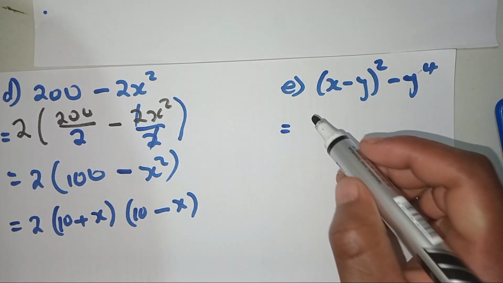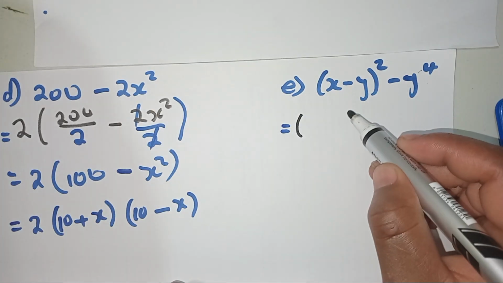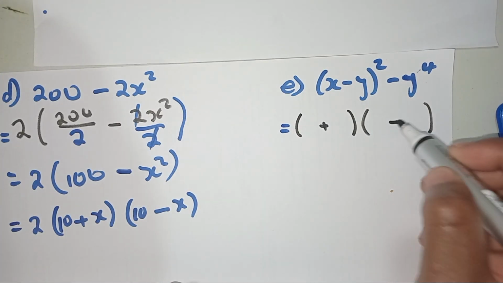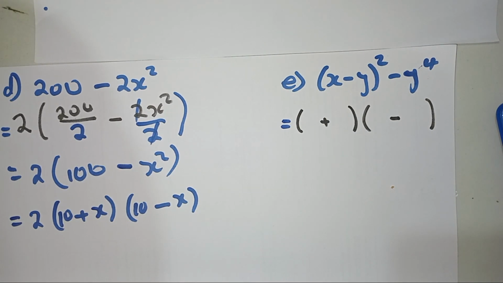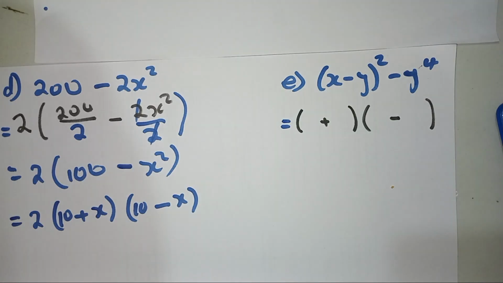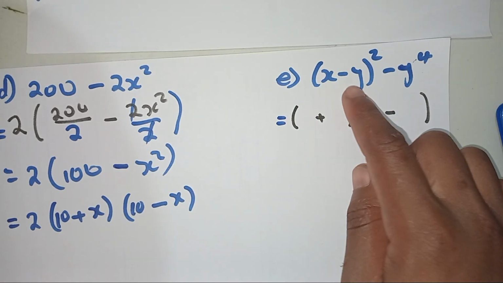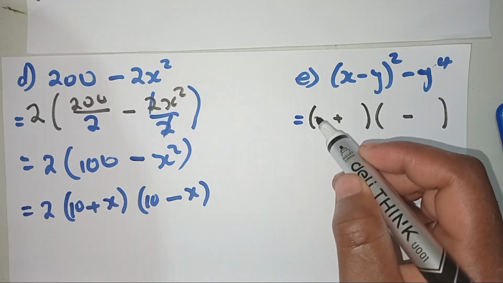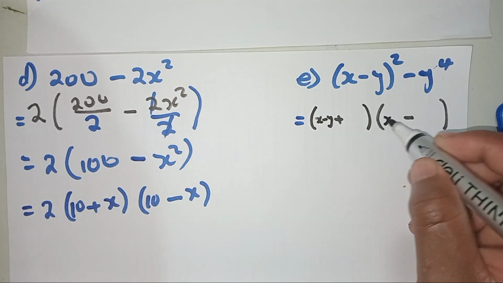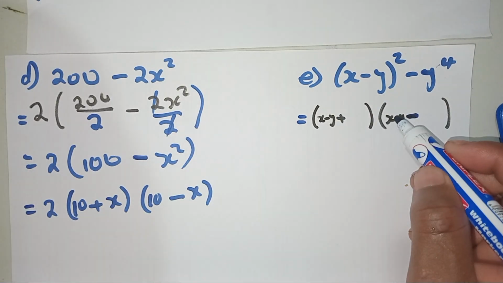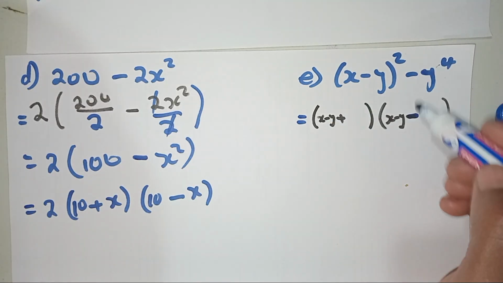Right. So now, what are we going to do? Follow the very same step. We open two brackets. We write plus, we write minus. We check the positive one. So what will be the square root of this one? It's going to be 1 because it's a perfect square. It's going to be x minus y and then x minus y. Remember, guys, this minus is not the same as this one. This minus is from this plus minus.